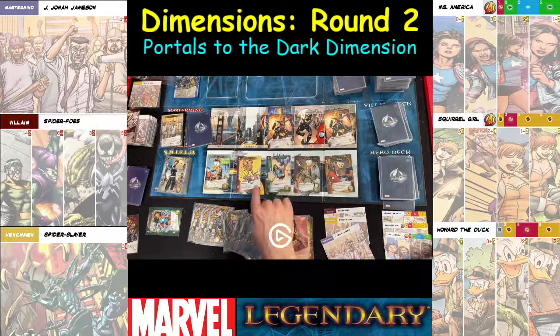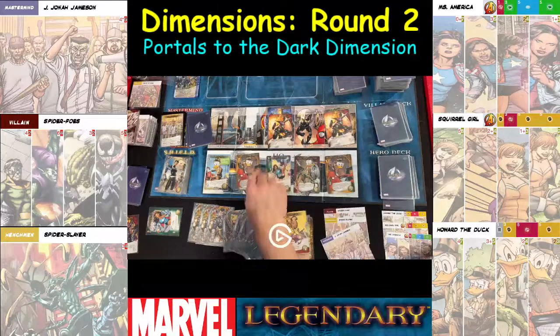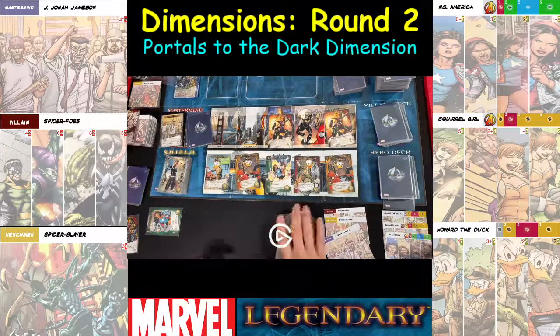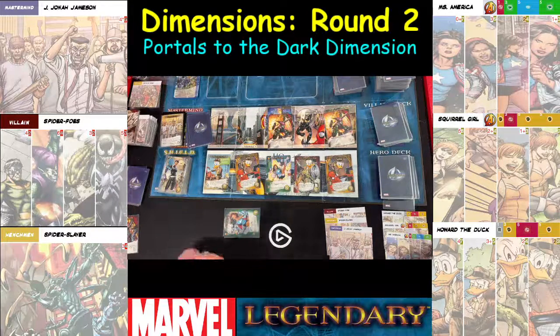Yeah, I'm gonna go ahead and grab... Well, I could get that. Yeah, I'm gonna grab this Squirrel Girl at that 2+. So if 2 cards enter the HQ this turn, I get +2 attack. It's not going to happen super often or anything, I don't think. But